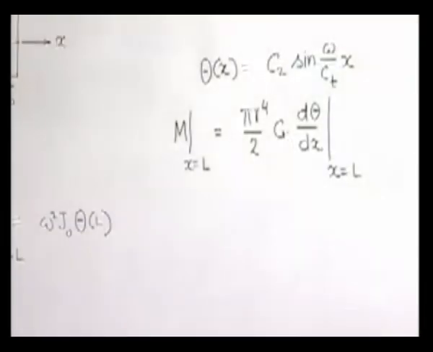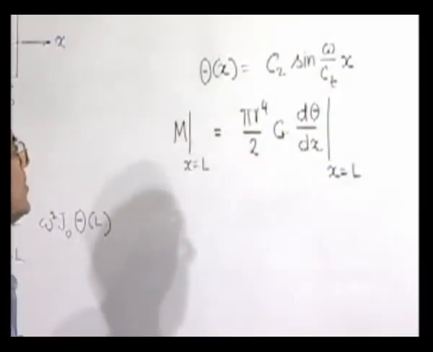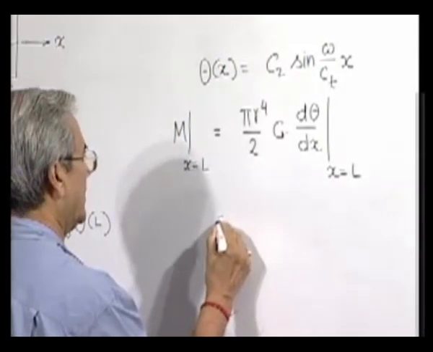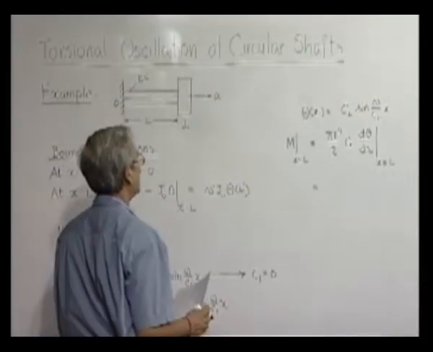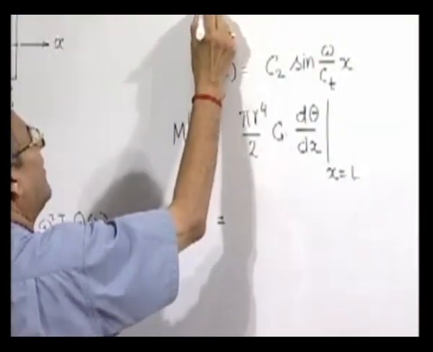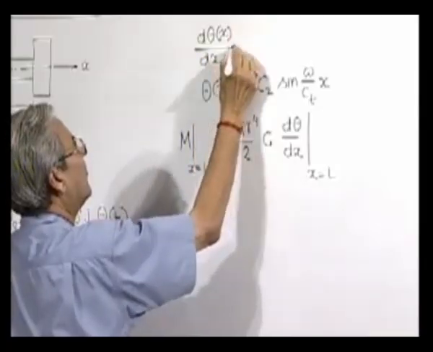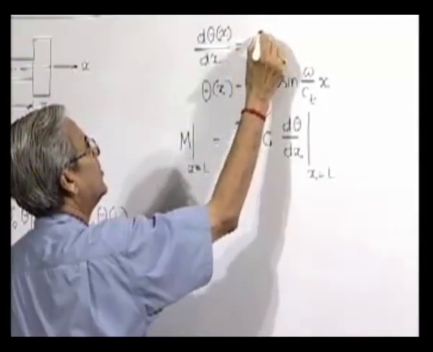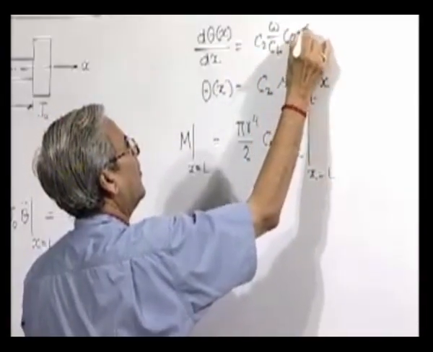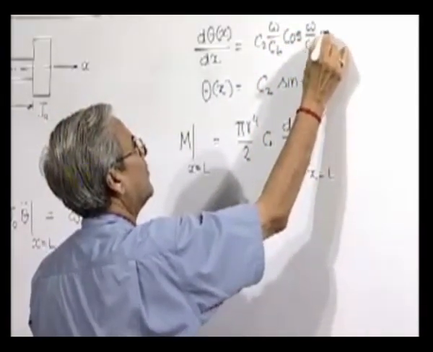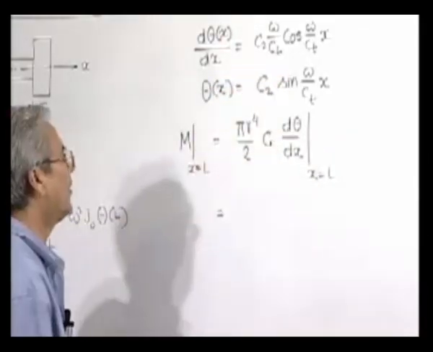So, the moment at x equal to L will be the same thing when we calculate this at this. Now C1 is 0, so d theta dx is C2 times cosine term, and if you put x equal to L here, what we get is